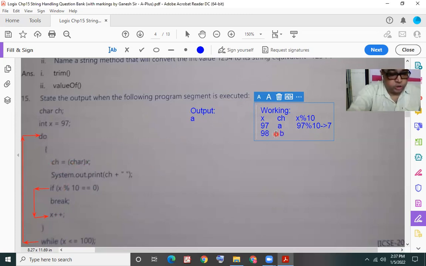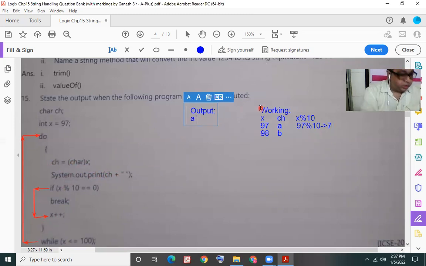This is stored in ch. And we print it on the same line, b with a space after that. So in the output, we now get the contents of the character variable ch, that is b, and then a space again.